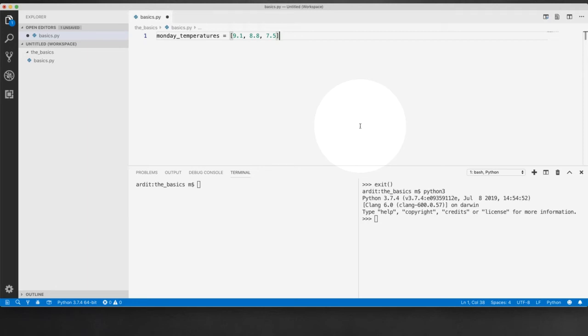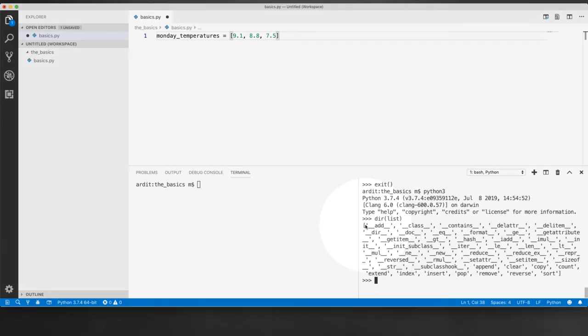Let me now make you a bit more familiar with list data types by showing you what you can do with them. And you know that already, that what you can do with them you can check with dir list. You can ignore the attributes that start with double underscore and end with double underscore. They are basically attributes used by Python internally, and rarely you're going to have to use them. So for now you can just ignore them and focus on what you're going to actually use, which is this